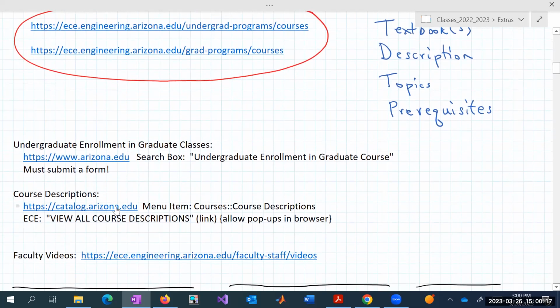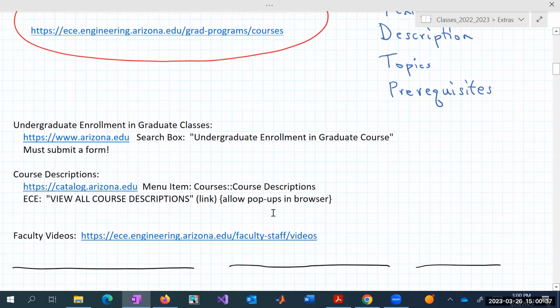You can also find all of the courses, not just those taught in the fall or maybe a different semester. You can look at all of ours by going to the course catalog on the U of A website. You'll see a pop-up window when you look for ECE. You can say view all course descriptions. And now you'll get a listing of all course descriptions in electrical and computer engineering